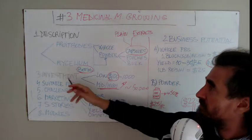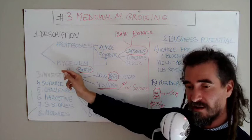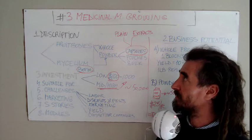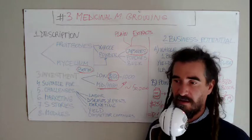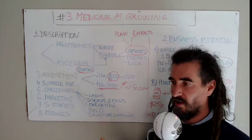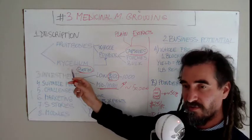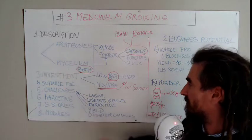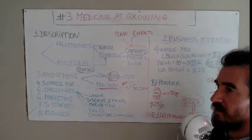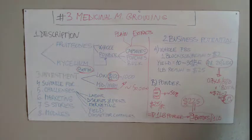And yeah, that's pretty much it. So if you need more information on what it means to make spawn, then please check the next idea, and I'll tell you more about what it means to make spawn and what's the cost of a bag of spawn and so on. But it remains for you to translate that and to put that into capsules here, and to see more exactly what the costs are and what the profit